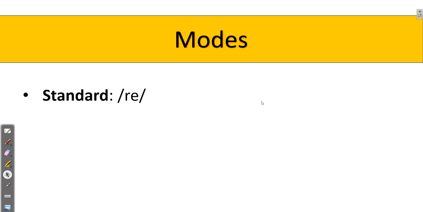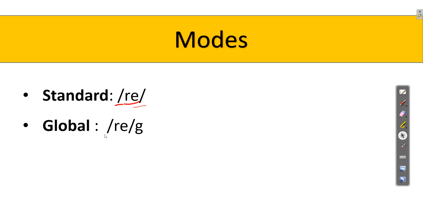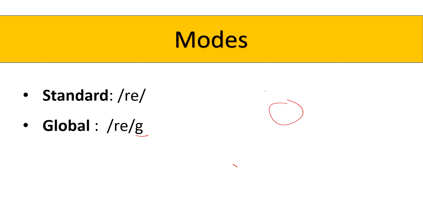The standard mode is just when we have those forward slashes with our regular expression inside. Coming to global, it has g after it, and global says match this over and over again throughout our document. Don't just find the first match, rather find all the matches. If we have a 100-page document, it is going to look through all 100 pages. And if we take it away, it's going to look for the first match only.